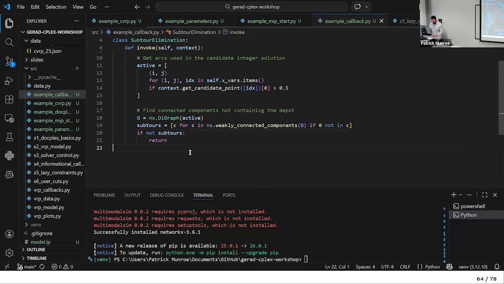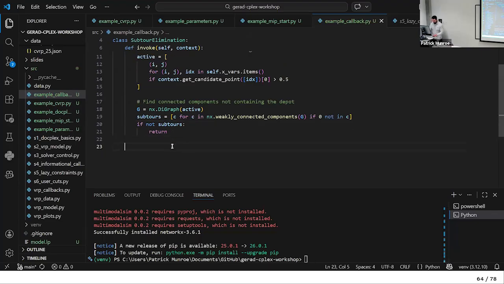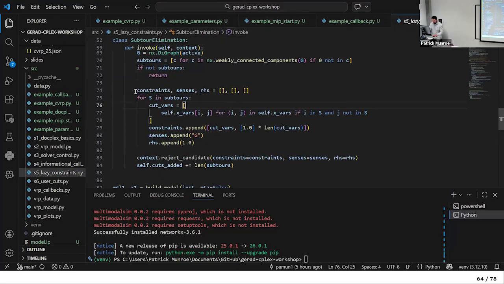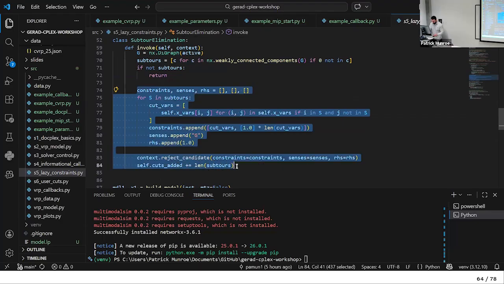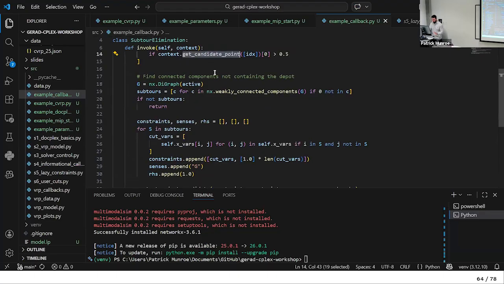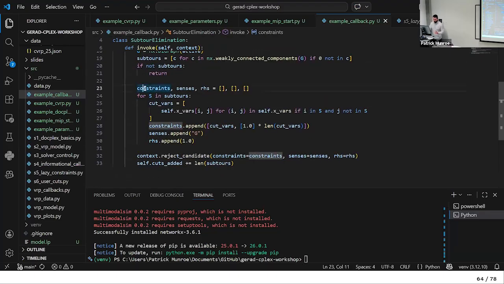So we have this here, and that's what it's doing. We just find the subtours, and now we add the constraints. This is the important part, or actually the one about get candidate point was also important. But this part is where we construct the new constraint. And here, maybe the most annoying part of this kind of callback with docplex is